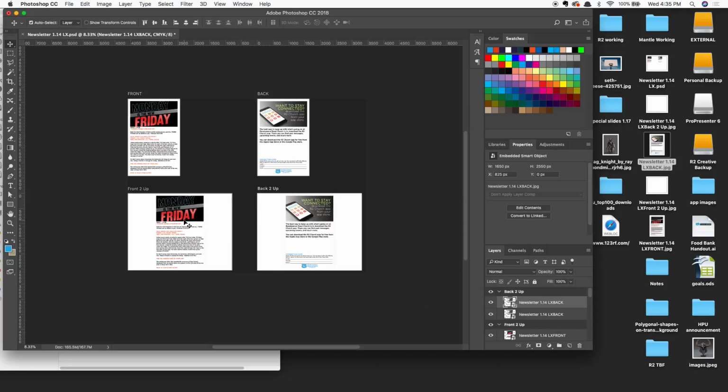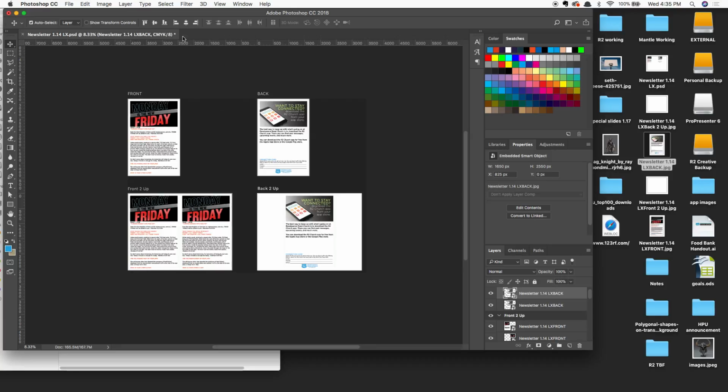And then I'm just going to click on each one of them and use the align tools up here at the top. Now, because I dropped them in the way that I did, they're already aligned top to bottom. So I just need to align them left to right. So we'll click on one and align it left. The next one, align it right. Same thing over here. I'm going to click here, align left, align right,